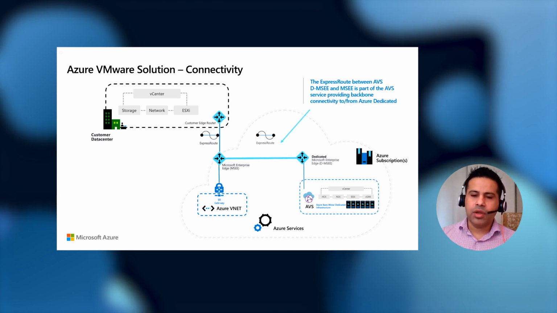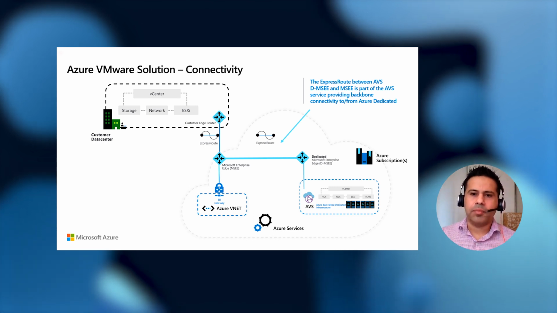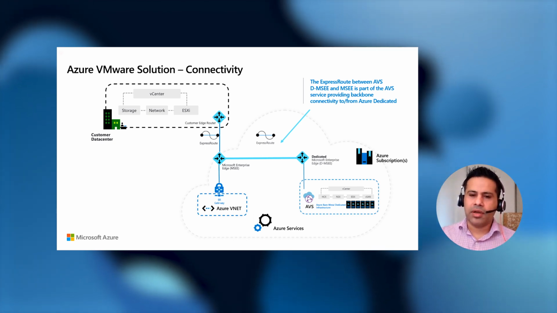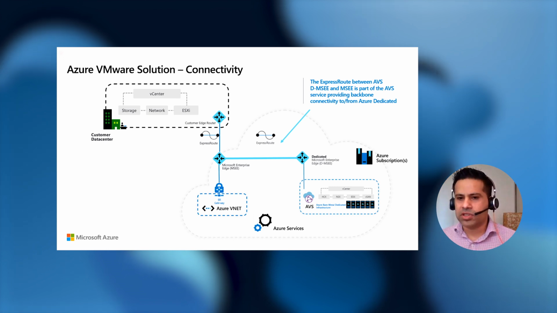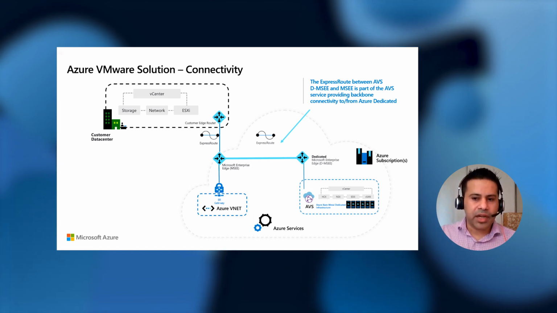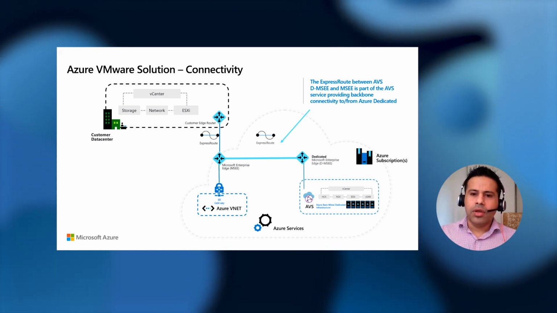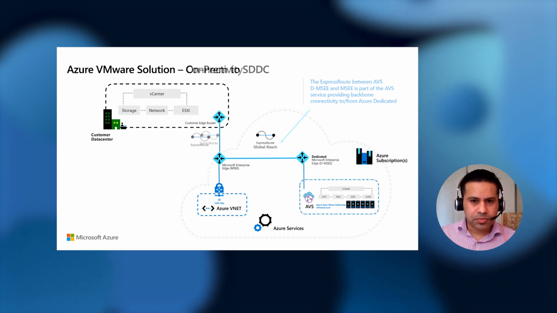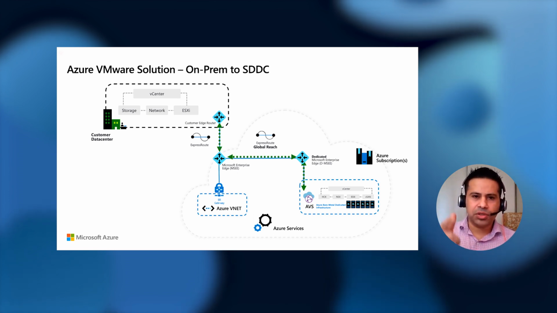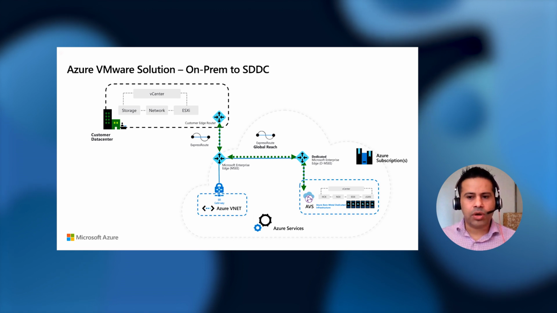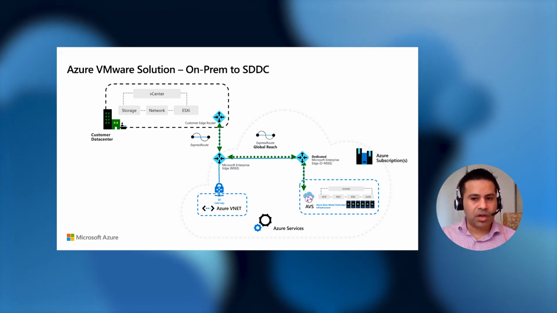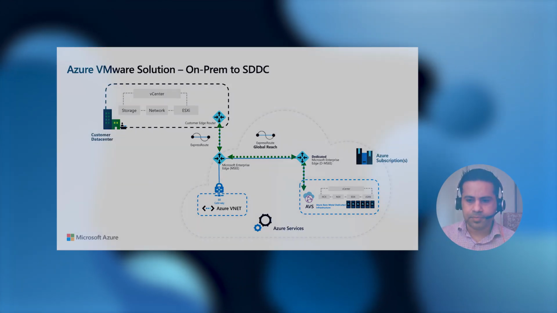To provide this connectivity, we pre-provision an ExpressRoute between DMSEE and MSEE, and this ExpressRoute is part of SDDC provisioning. When you create a private cloud in AVS, or an SDDC in AVS, this connectivity is provided for you by default. Using the concept of Global Reach, we simply stitch the two circuits together, exchange routing information, and now you can access your on-premises workloads from AVS, or access AVS from your on-premises workloads. And again, this is just one command that you can enable, or we can enable that for you.